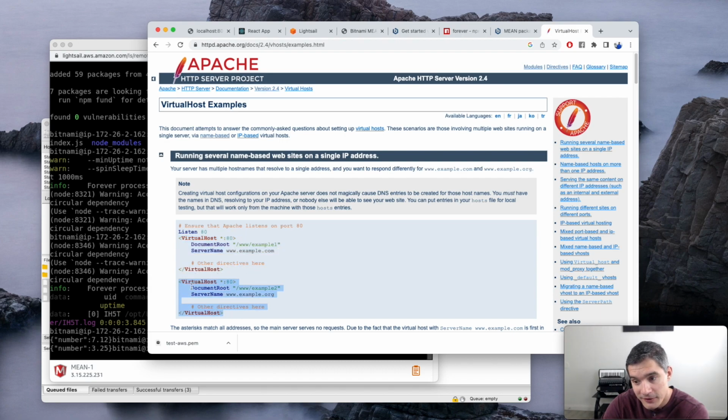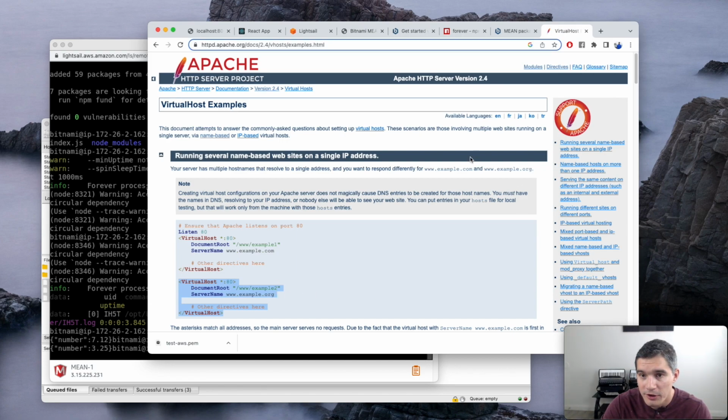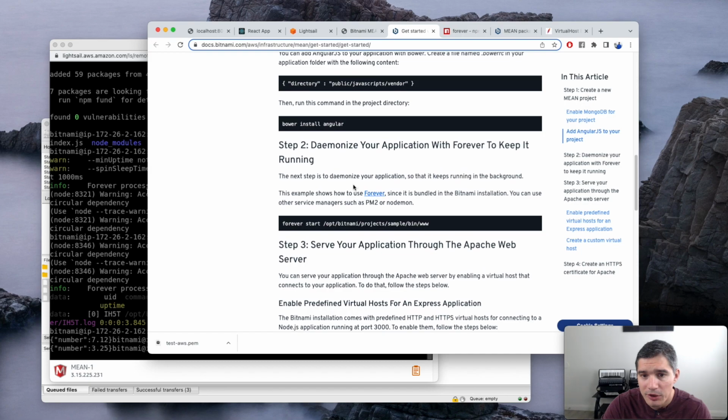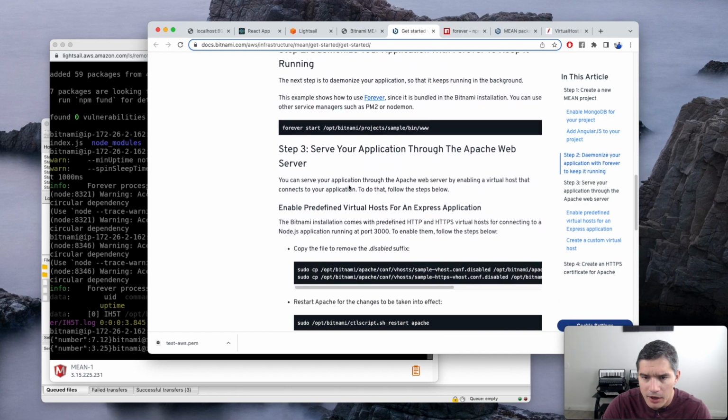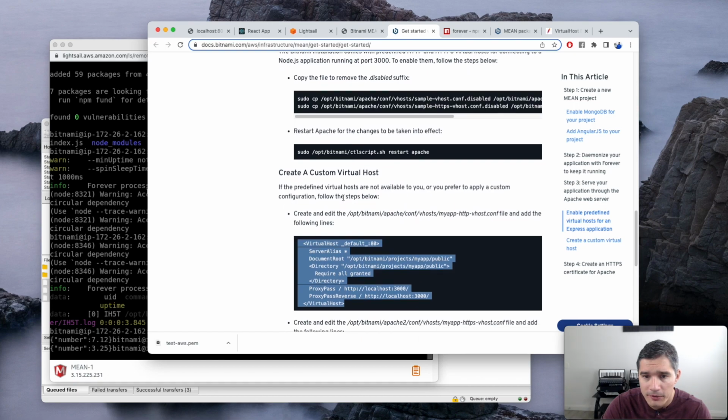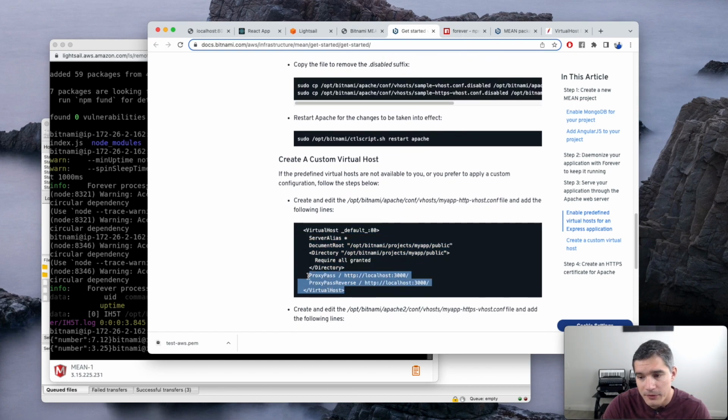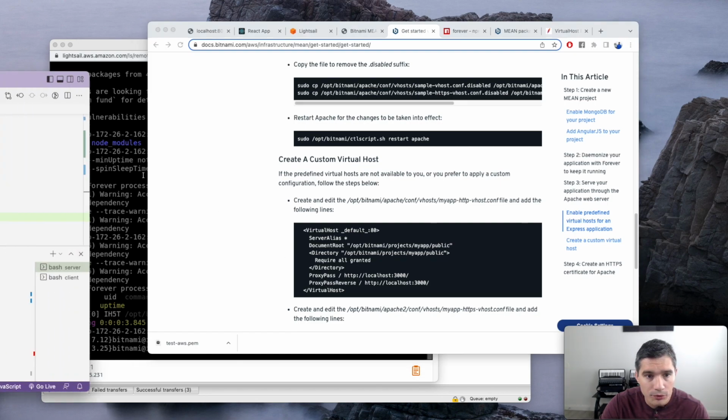the Node.js server. If we look at the documentation of the blueprint, there will be instructions on how we can create a virtual host for our Node server. So our Node server doesn't have HTML files or PHP, but instead it is just serving all these things from a port in the VM, in the Lightsail VM, and then Apache will just proxy to that port for every incoming request. So we can start to create